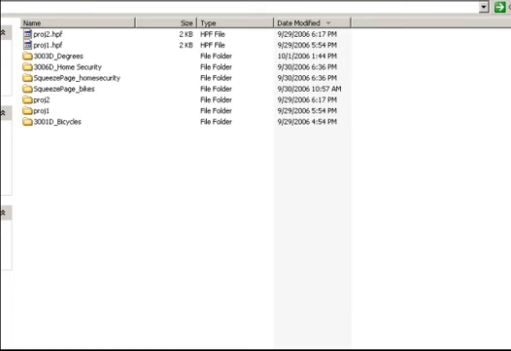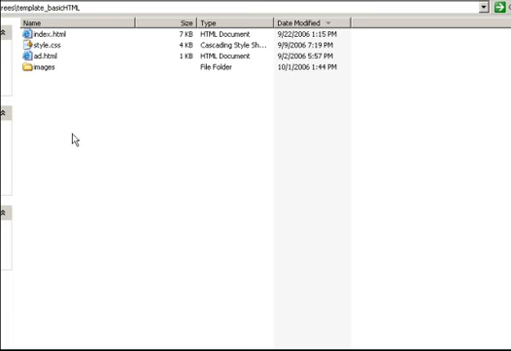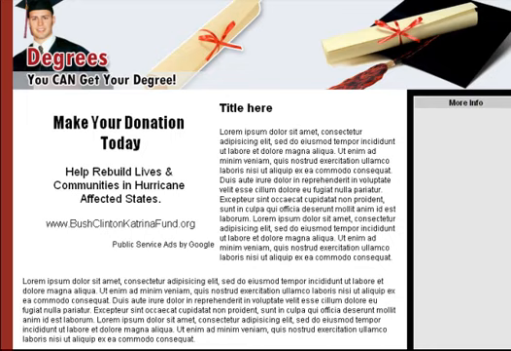Okay, so let's look at how we can monetize some of these templates using CPA offers. The one I want to look at first is the degrees template. That's the college degrees, and we'll just take a look at the basic HTML template as an example. So here's that template,